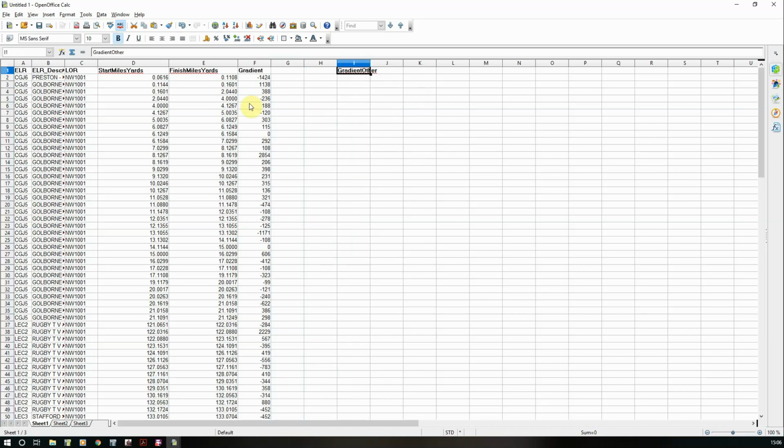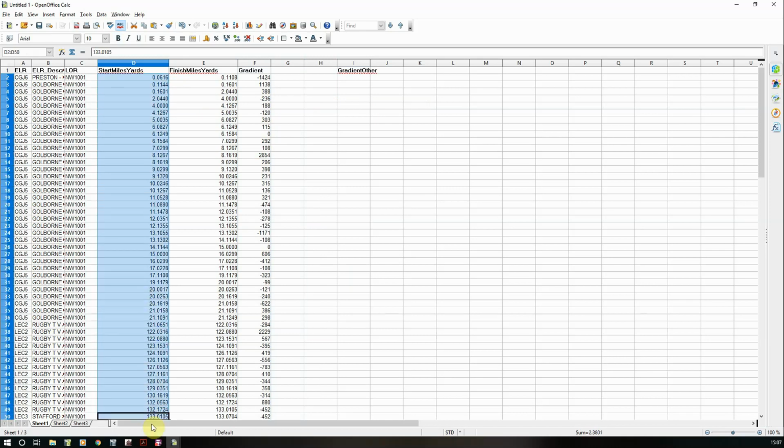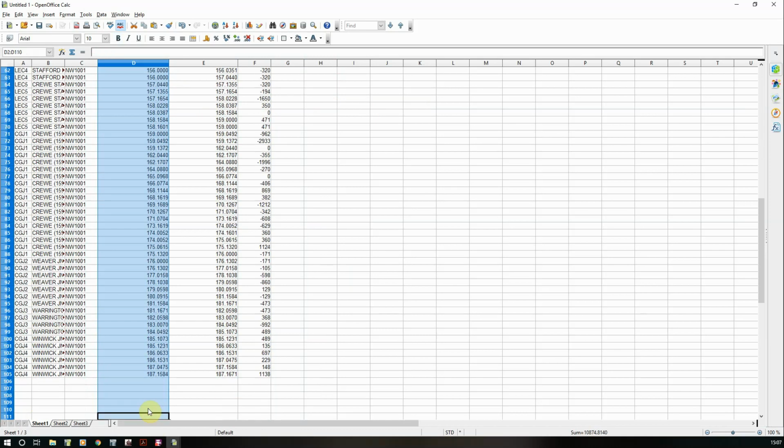So we'll delete that. So what we need to do is we need to split miles from yards. Now, the simplest way that I've found of doing this, if you're really clever with Excel, you can probably get it to do it within Excel. But for the easier simplification, what we'll do is we're going to select the data, just the data. And if we copy that,